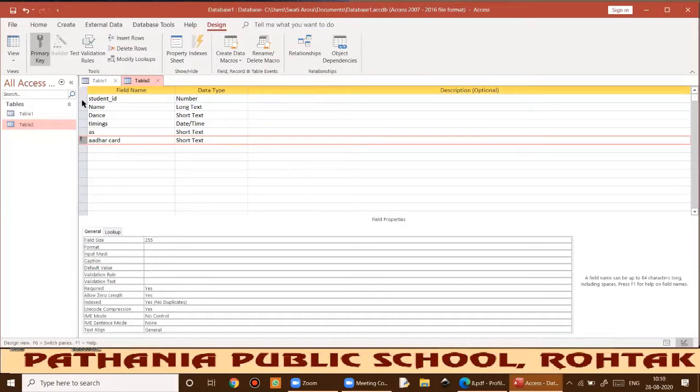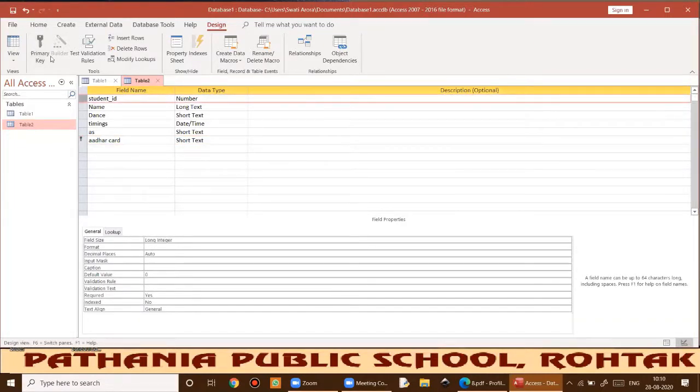Okay, and if I feel ki nahi student ID I have to make primary key, that is also fine. It is totally my choice to which field I will make primary key if there are more than one fields. Like in your class I want ki ek leader banana hai and 4 students are eligible to be a leader in your class, then it is totally dependent upon me which student I will be selecting for the leadership. Nobody can challenge it. Okay, either you can go with this field as a primary key or this field as a primary key, that is totally fine. It is totally your choice.